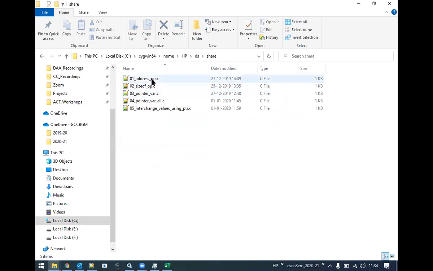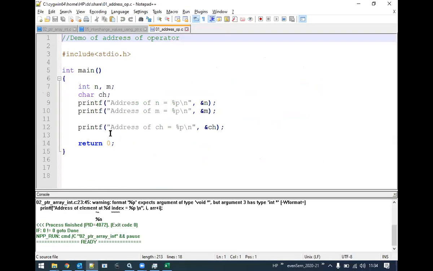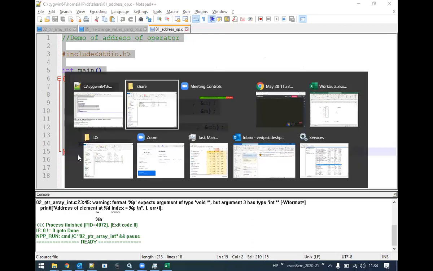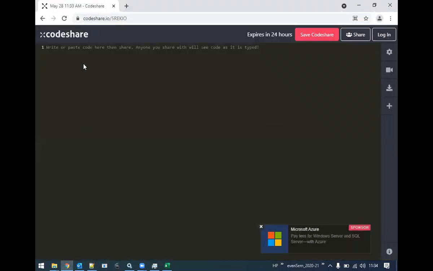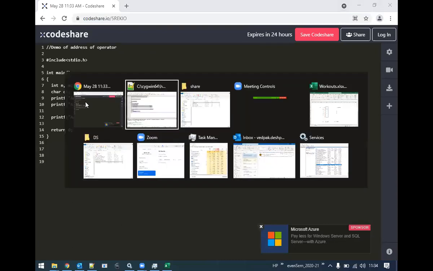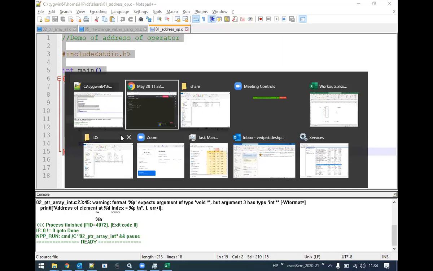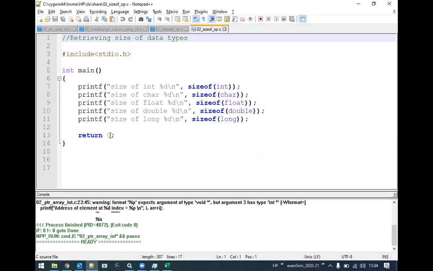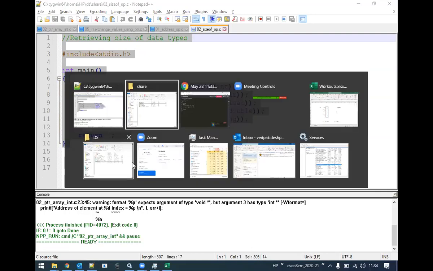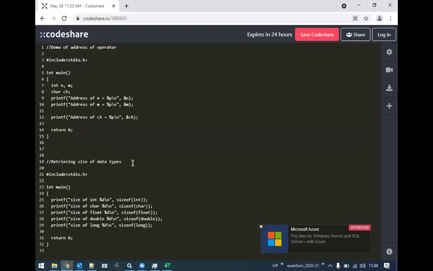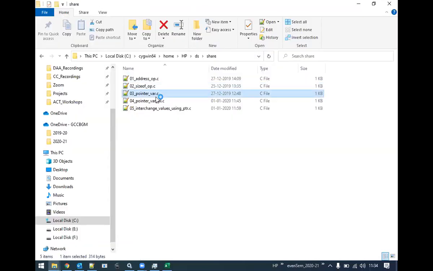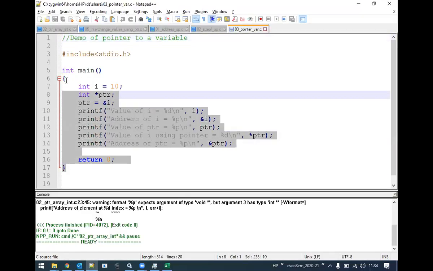Let me give the previous ones also. This is the first one, demonstration of address of operator. Then the second one, size of operator. And then the next one, pointer variables.